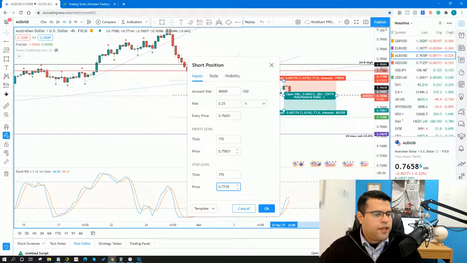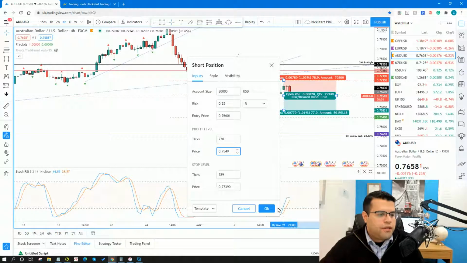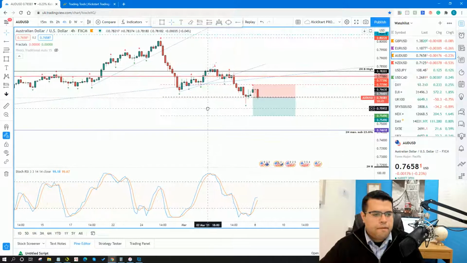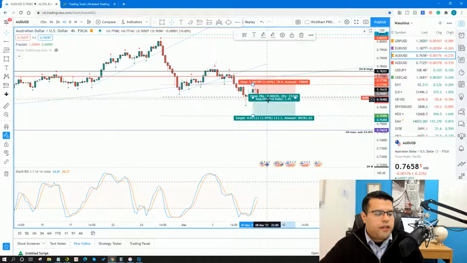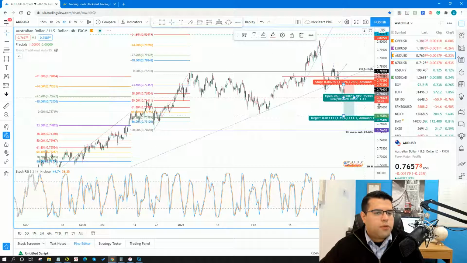And I'm looking at the take profit here of 0.7549. Okay, so that's my position right there. You can see it's a 1 to 1.4